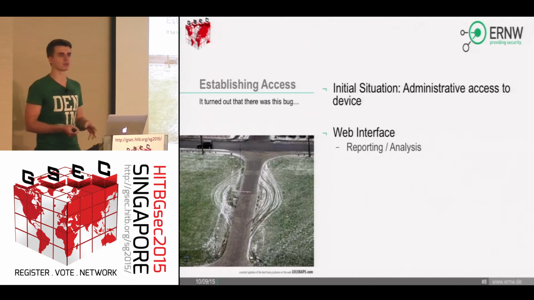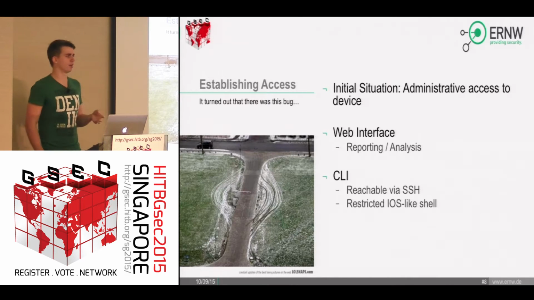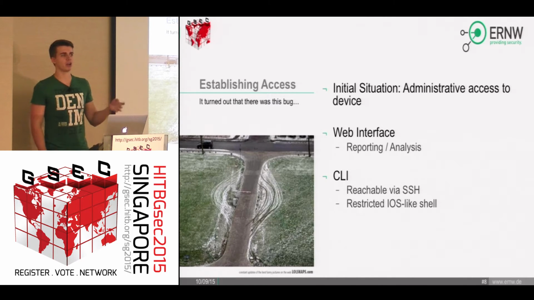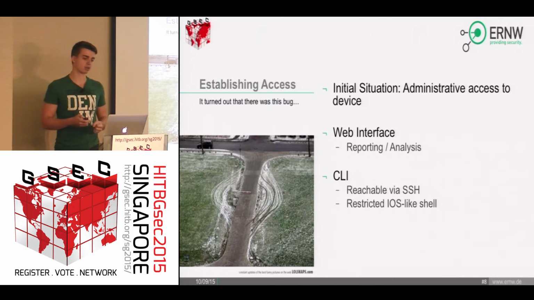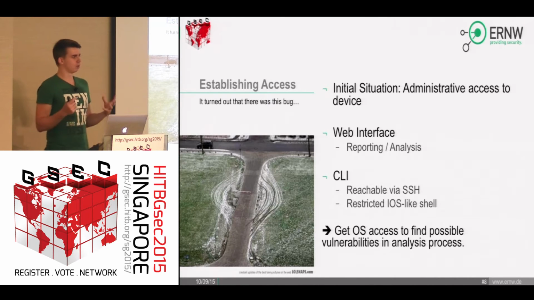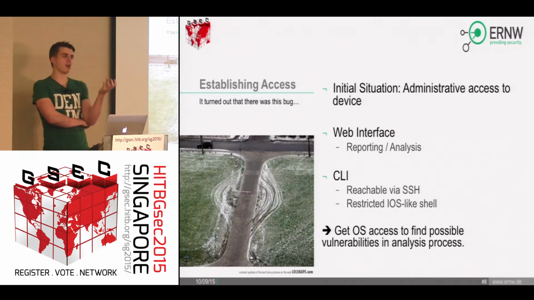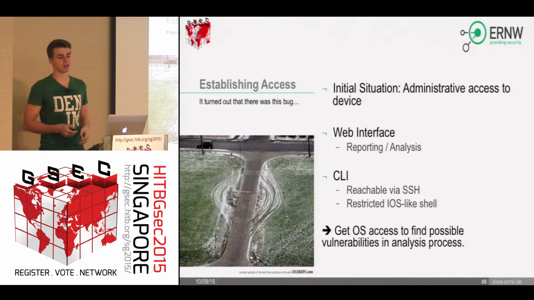the main user interface used during normal operation, which gives you reporting and analysis stuff. And you have a command line interface, which is reachable via SSH, but this doesn't give you a real shell. Instead, you have a Cisco IOS shell, which only has a whitelist of enabled commands, which is quite restricted. So if you really want to find interesting vulnerabilities, the ones in the analysis process, then you have to